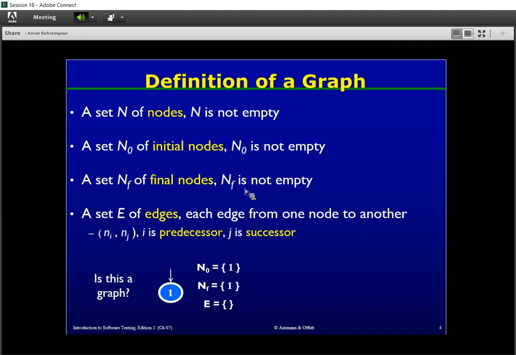Final nodes also form a non-empty set. So by this definition, we check this structure. Is this structure a graph? As you know, the set of nodes is non-empty because there is